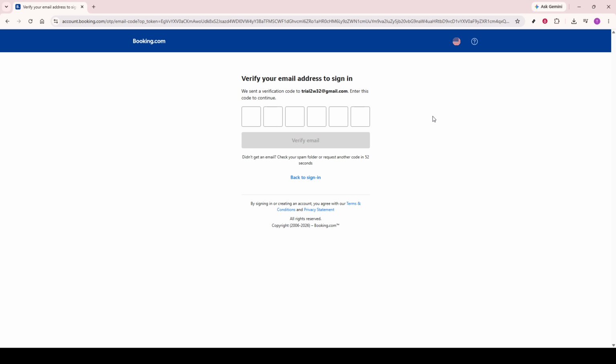Also, be sure to use an email address you can access easily, since most platforms like booking.com may ask you to verify your account later. Keeping your login details secure and stored somewhere safe is also a smart habit, and that's it for the steps